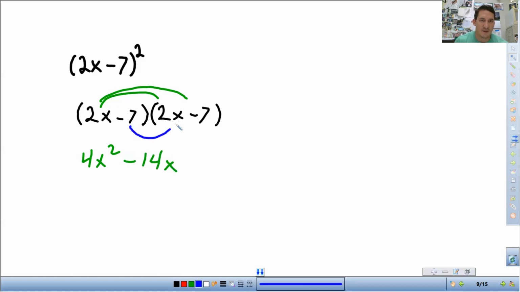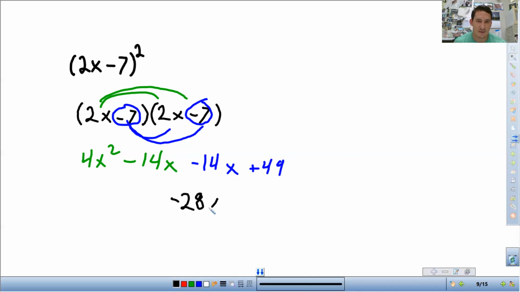Negative 7 times 2x is negative 14x. And then the last, again, we're treating this as a negative, so negative 7 times negative 7 is a positive 49. Combine like terms in the middle, negative 14 minus 14, that's negative 28. So it's 4x squared minus 28x